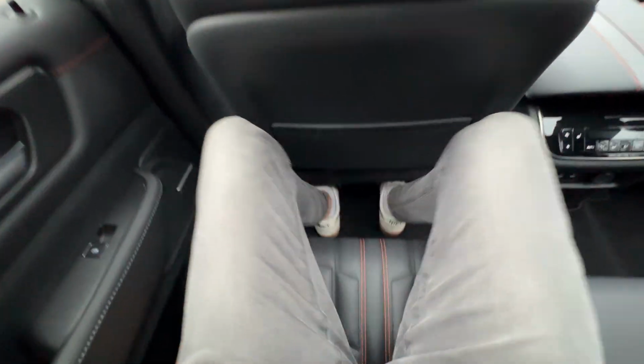Now, this is the furthest these seats go back, but I can slide up forwards to give my third row passengers a little bit of legroom, and I still have plenty of room. I have so much foot space underneath here, and honestly, lots of knee room. I still have like an inch of knee room there, and lots of lateral space to move around,